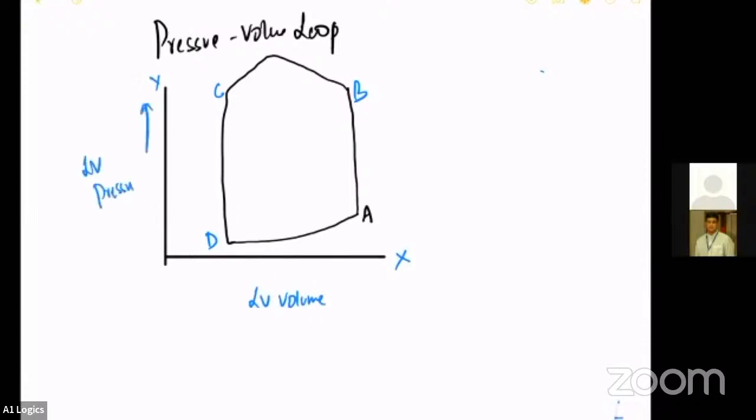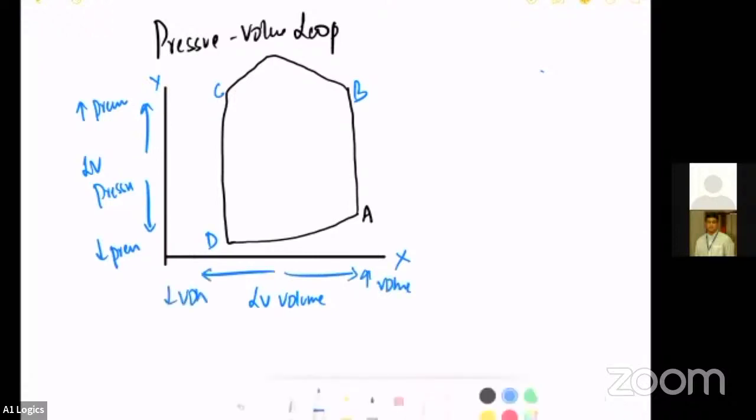Anything that moves up means increase in pressure. Anything that moves down is decrease in pressure. And anything that moves right is increase in volume. Anything that moves left is decrease in volume. Okay. Now, having said this,